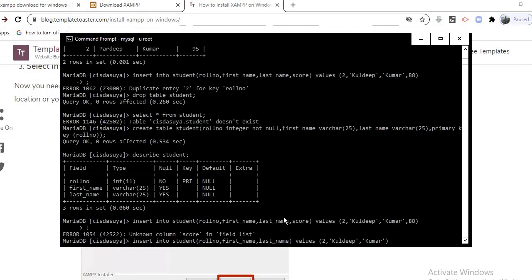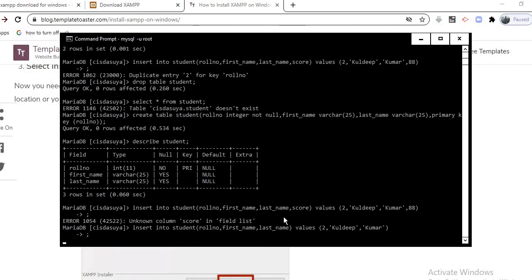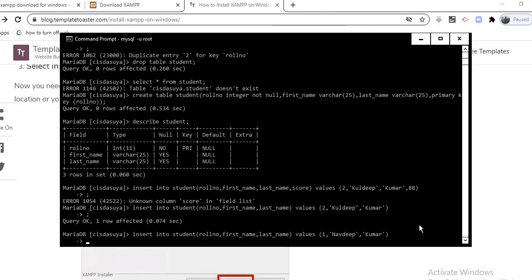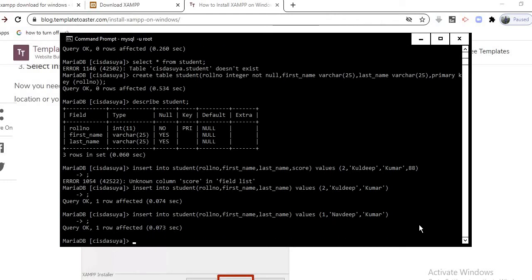Just press enter, semicolon, and the row is created. Similarly, let's say we create one more. The order is not important here, and we just place one more, Navdeep with roll number 1. Press enter, place semicolon, enter, and it is created.